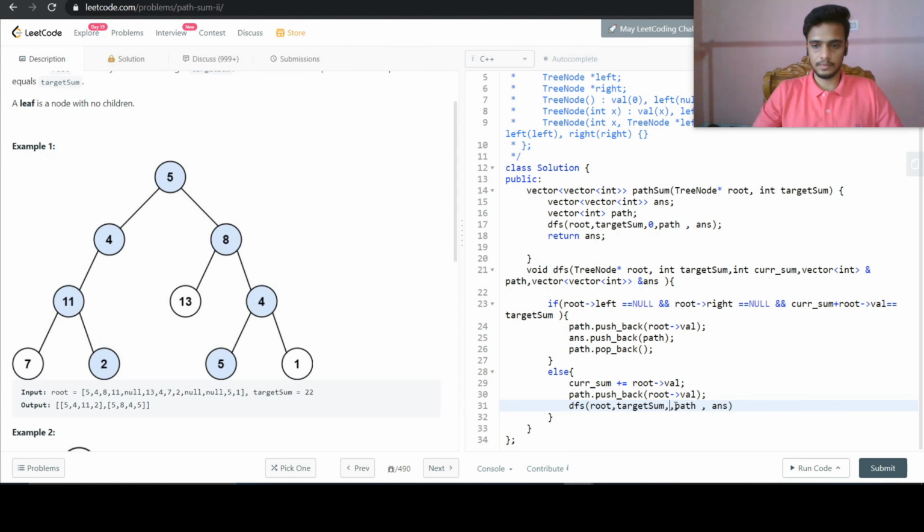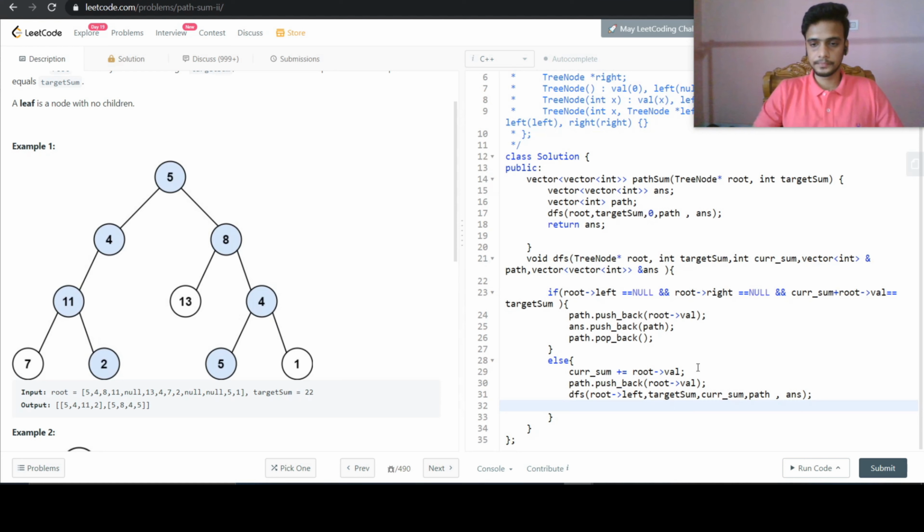Just here we will give the current sum, root dot left, and same for the right child also.